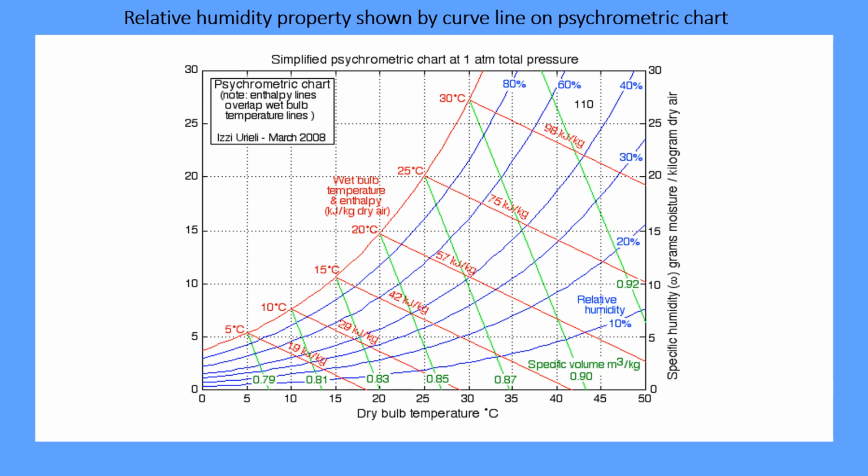Now this is the layout of the psychrometric chart. The relative humidity line will be represented by a curved line here, and I told you just before 2 minutes the unit of relative humidity will be in terms of percentage. Here 10% relative humidity, this curve 20% relative humidity, 30% relative humidity, 40, 60, 80 and 100, and this is the saturation line. Here the relative humidity is 100%. So the conclusion is the relative humidity is represented by a curved line on the psychrometric chart.